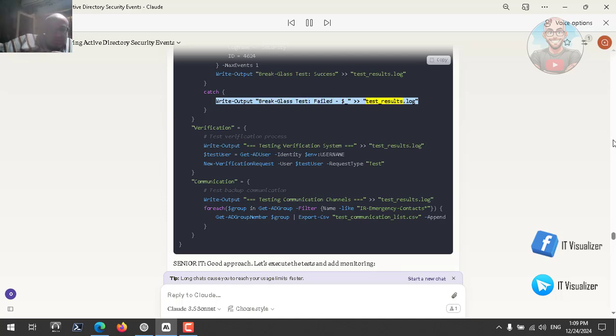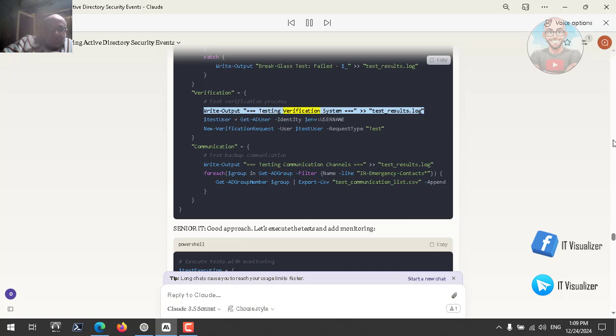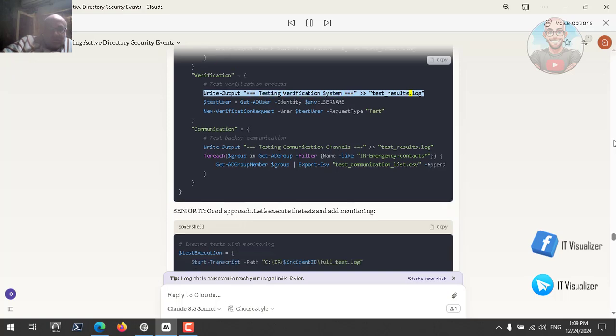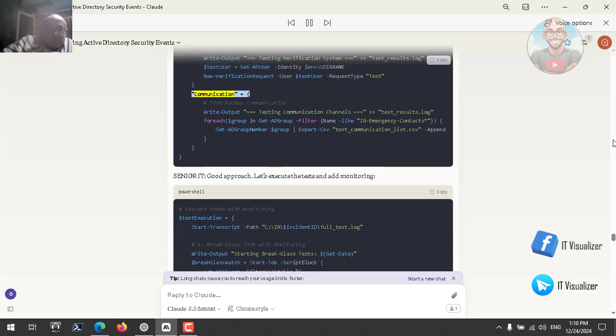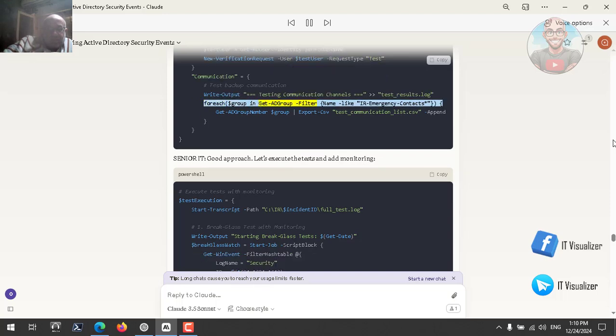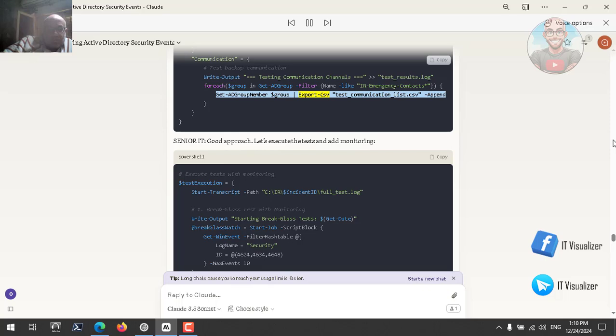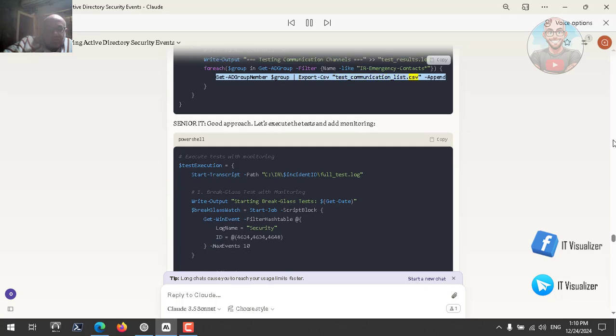Verification = {# Test verification process. Write-Output "Testing verification system" >> test_results.log; $testUser = Get-UserIdentity $username; New-VerificationRequest -User $testUser -RequestType test-communication}. Communication = {# Test backup communication. Write-Output "Testing communication channels" >> test_results.log; ForEach ($group in Get-ADGroup -Filter {Name -like 'IR-Emergency-Contacts*'}) {Get-ADGroupMember $group | Export-Csv test_communication_list.csv -Append